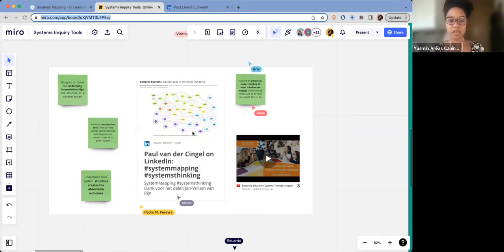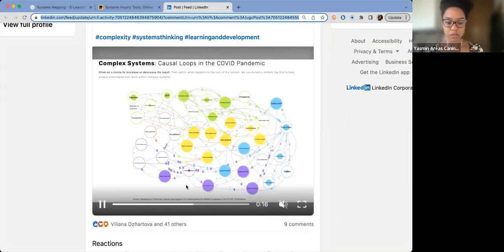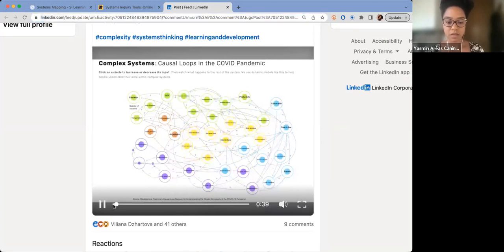So I have here an example. I don't know if it's going to work. I'm going to just share my screen again with you so you can see a system in action in a way. We came across this video this week, and we thought it was a very interesting way to really share with you the workings of a system, right? So let me share my screen with you so you can see that. So let me go back. Okay,